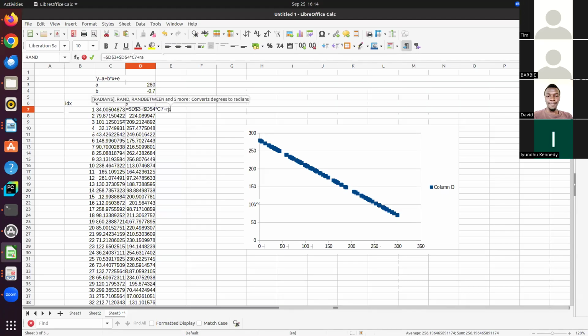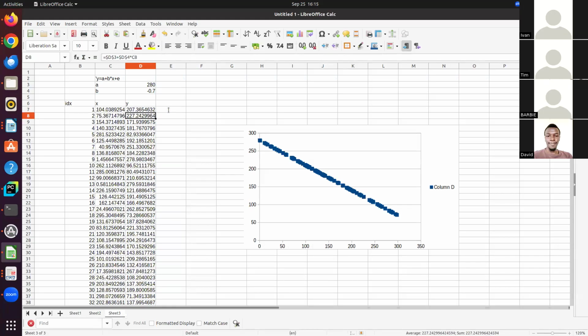So we'll use a rand here again, but this one will be between 0 and 1. Since those numbers are quite big, we started from 0 to 300, that will not be a lot of noise. If I multiply this rand by, let's say, 30 here,